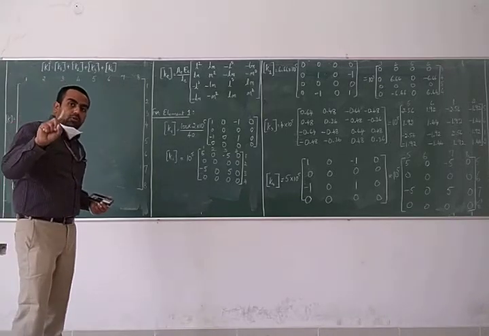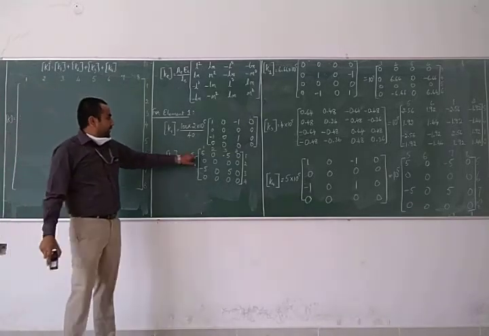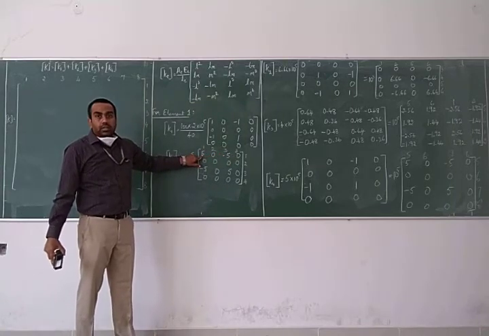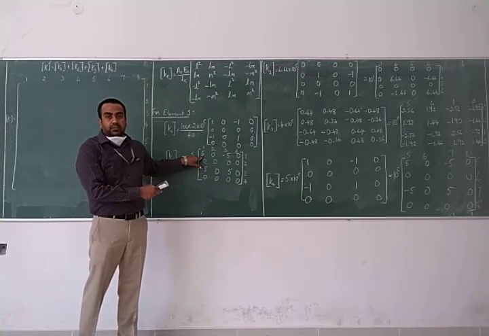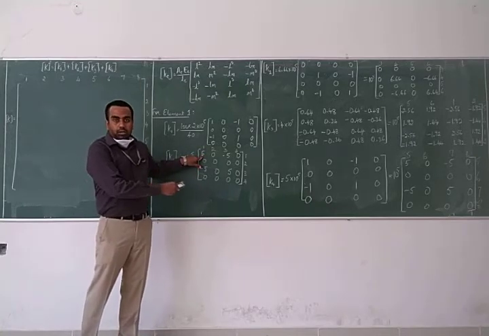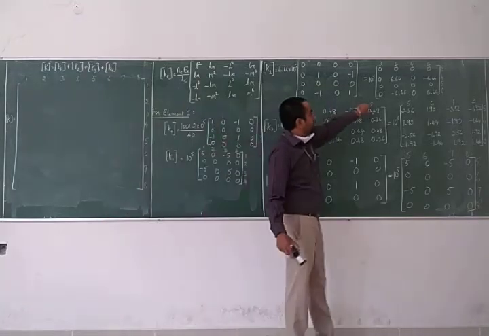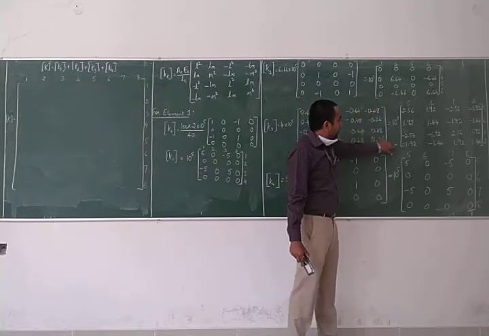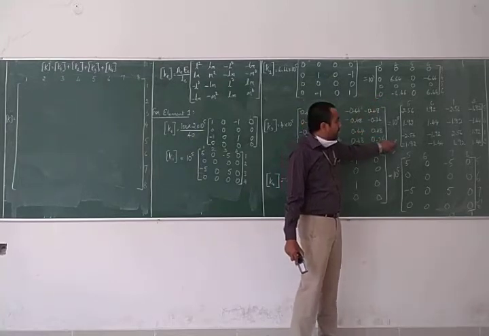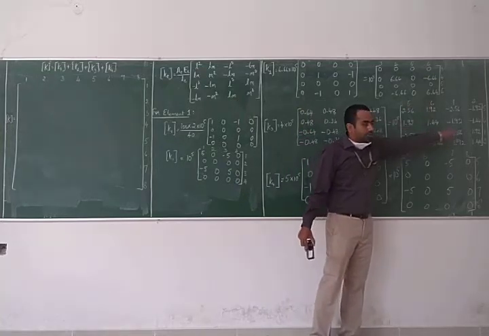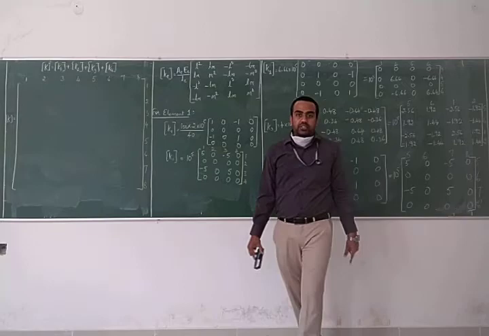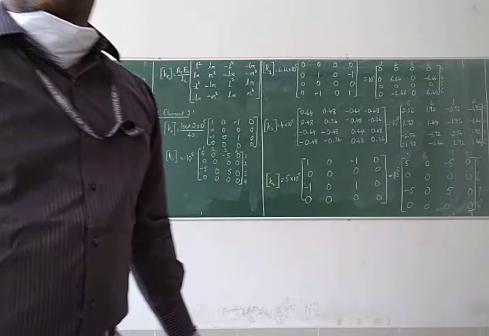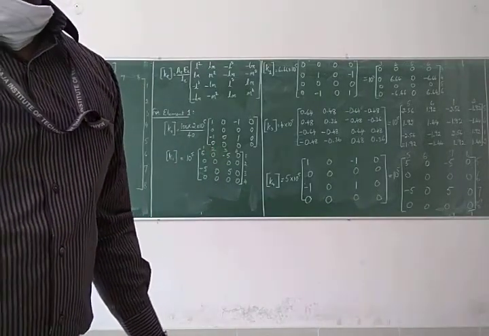Now the first row, first column element. If I see K1, there is an element at column 1, row 1, which is 5. So are there any other elemental matrices which has a value for row 1 and column 1? If I come to element stiffness matrix 2, there is no row 1 or column 1 present, so I will omit this. Coming to element stiffness matrix 3, there is a value for column 1 and row 1, which is 2.56. I hope it is visible.